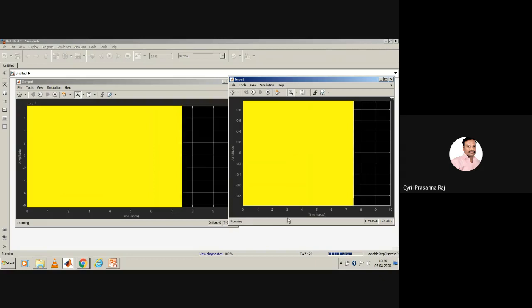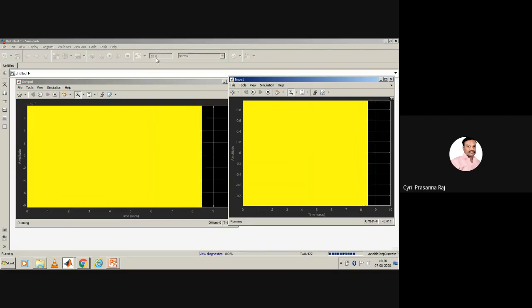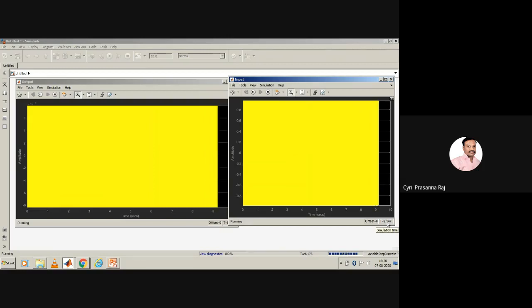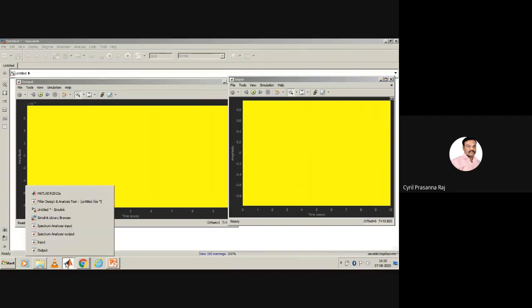It will run until t equal to 10 because in the Simulink window we have set t equal to 10. Okay, I can change this. I can take it as 2, 3 also. But until then it will keep running. Yeah. Now let us first check the spectrum.